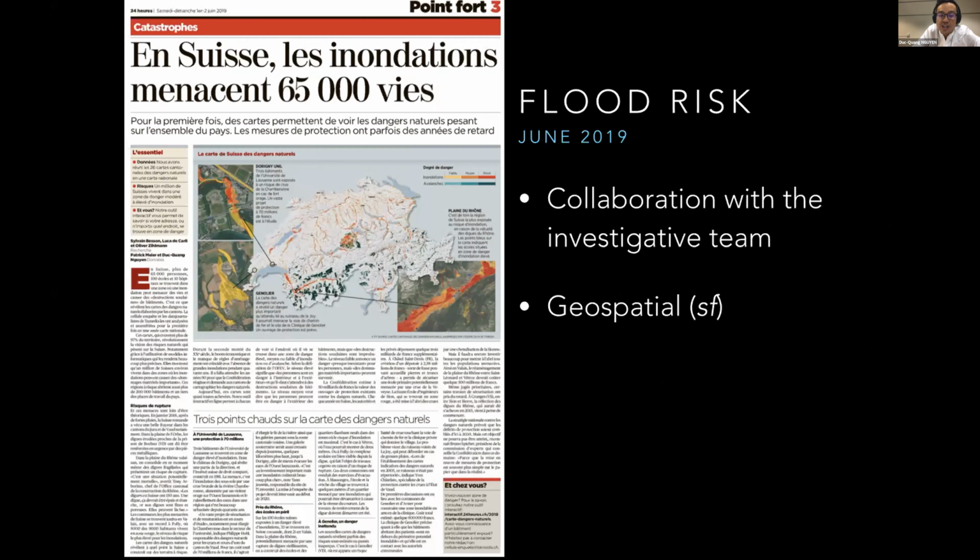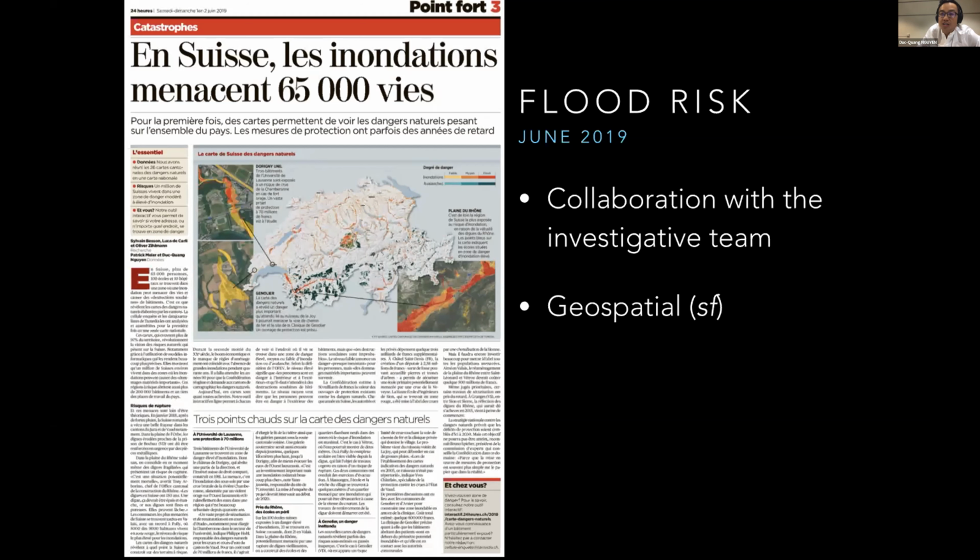What we did is that we got from each canton the flood risk areas, so regions where, they predict, you could easily be flooded. By federal law, every canton has to keep precise track of that. I cannot show you all the code, but there was a huge amount of geospatial data of polygons, gigabytes of it.